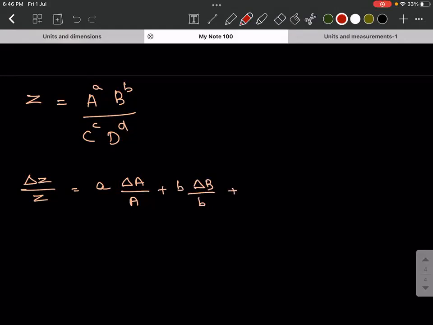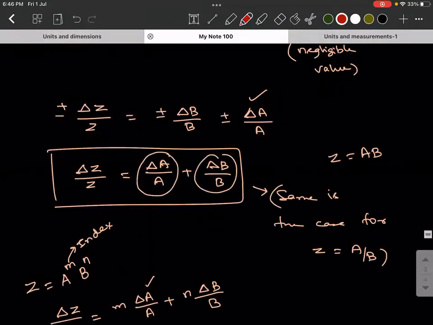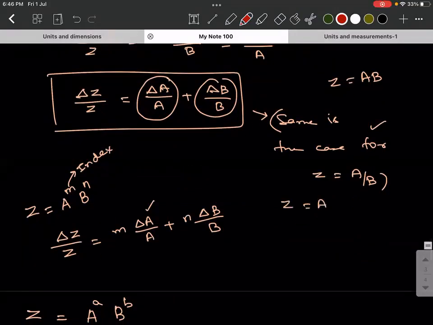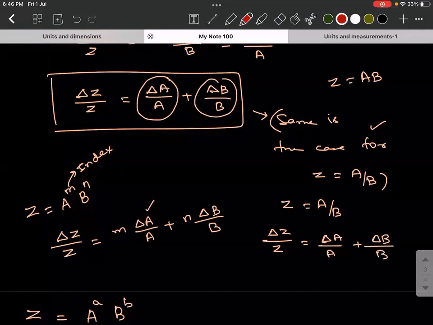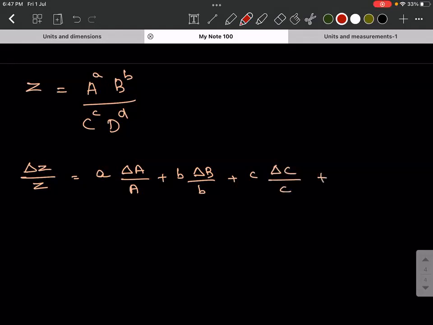Plus only. I told you one thing, no? This kind of a pattern is the same even for division. Means if you have Z equal to A by B, then you can say delta Z by Z is equal to delta A by A plus delta B by B. That is what happens. So when that is the scenario, you tell me now what will happen in this case. Plus small c times delta C by C plus